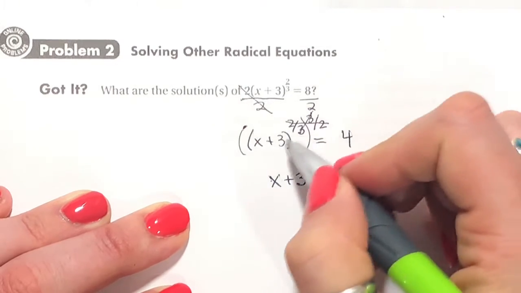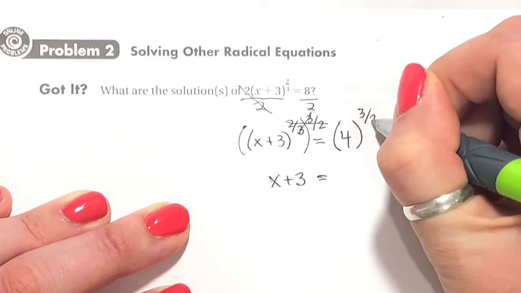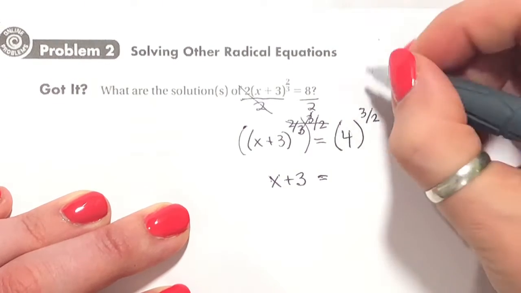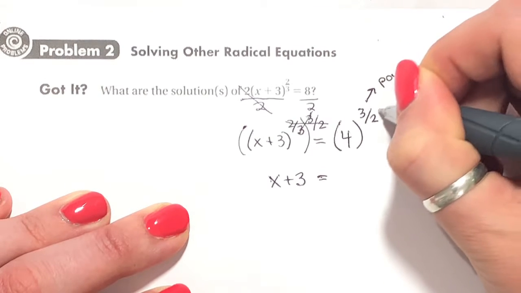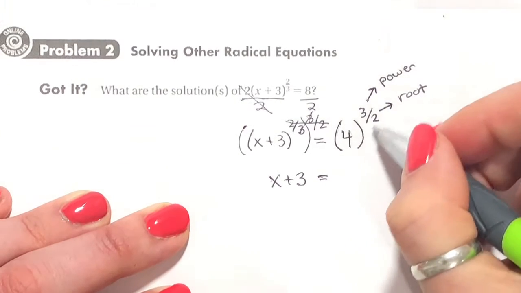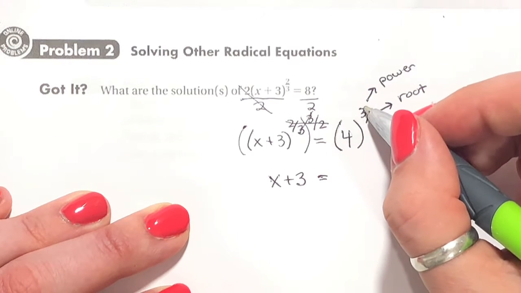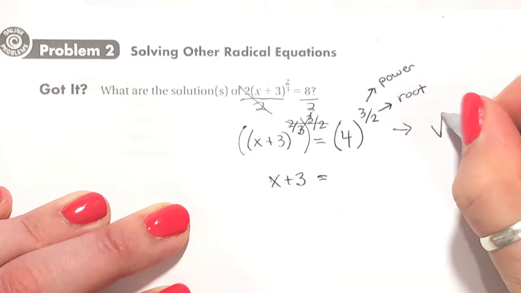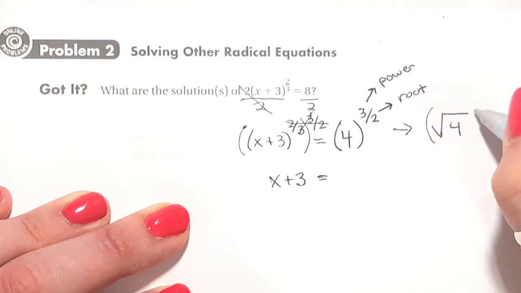But if I do that to the left side, I also need to do it to the right side. So I need to do this to the power of 3/2. So like I said at the beginning, if you remember, the top number represents your power, and the bottom number represents your root. So for this one, we have a square root of a 4 taken to a power of 3. So I can rewrite this as the square root of 4 for my 2 there, and then raised to